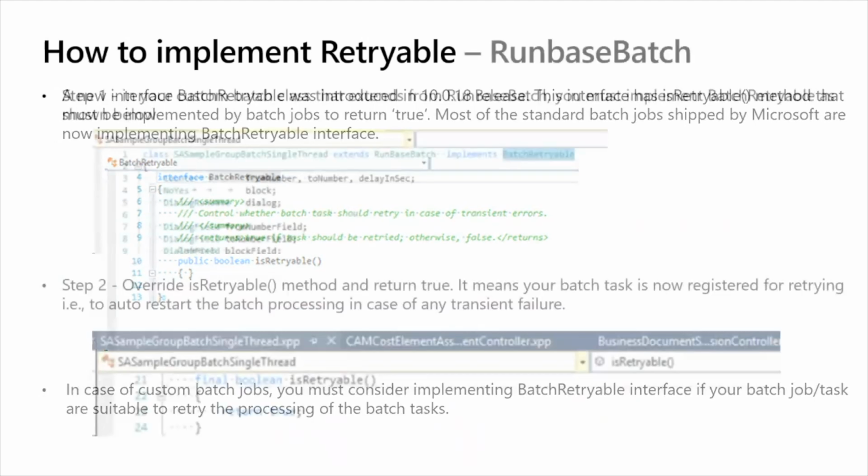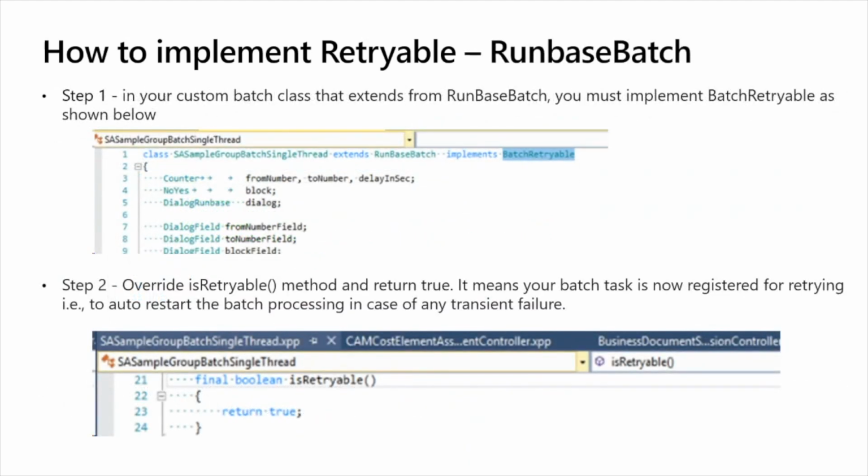Now, there are two scenarios for the batch. One is the run-based batch and one that uses the sysoperation framework. For you to start using batch retriable in the run-based batch, it's not a lot of code change. You are already extending the run-based batch class.